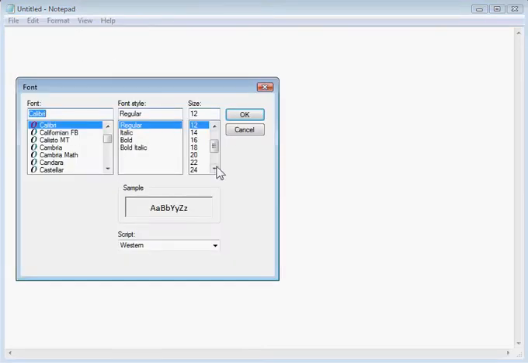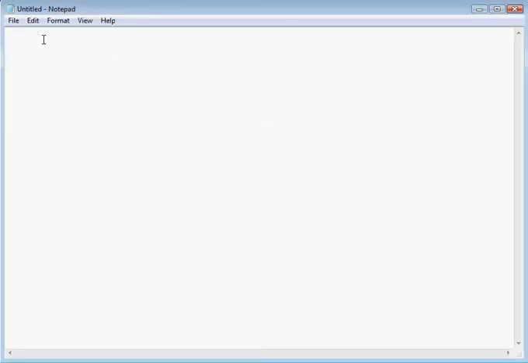So the first thing you're going to want to do is open Notepad, and I'm just going to change the font to be a little bigger so that you guys can see better. You probably can see just fine, but oh well. I hate watching videos where I can't even see what's being typed. Alright, so